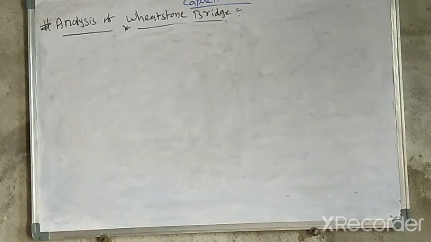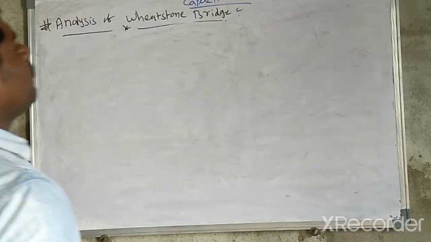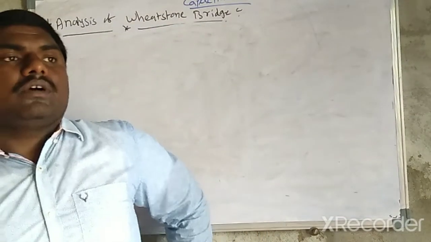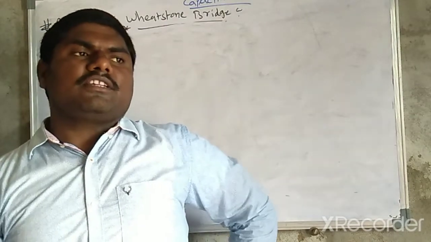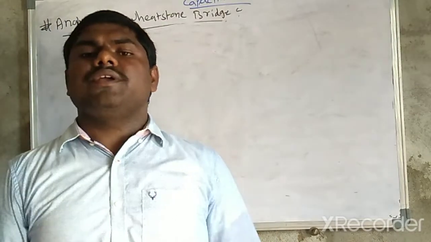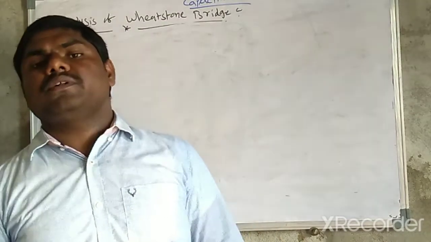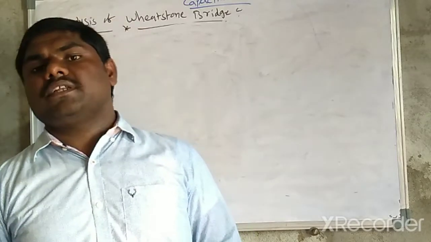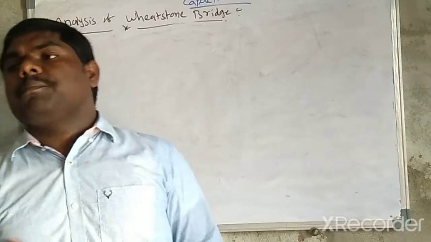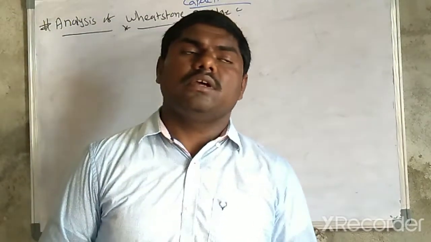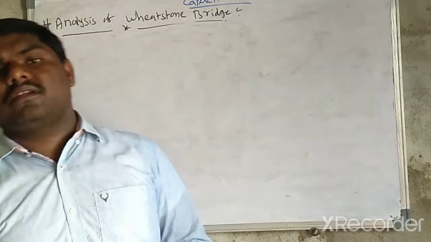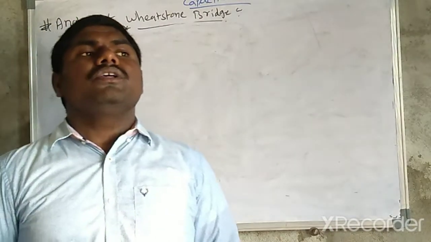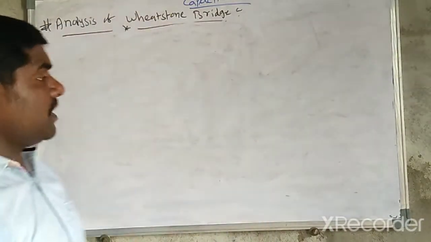So another very important method: analysis of the Wheatstone bridge. Simply I can say this method is very useful while doing numerical problems. Already the Wheatstone bridge with resistors, we know P by Q is equal to R by S. Another name is the bridge balancing method. Here also the same phenomenon. So here I am going to take 5 capacitors.